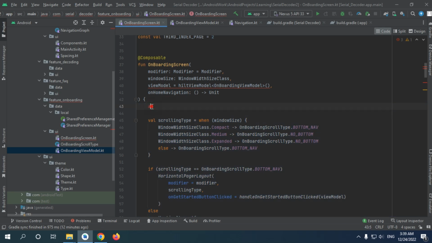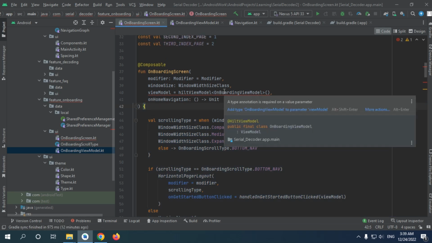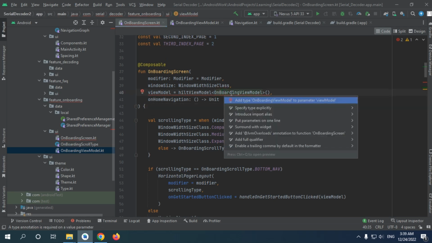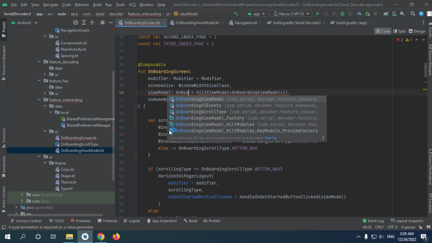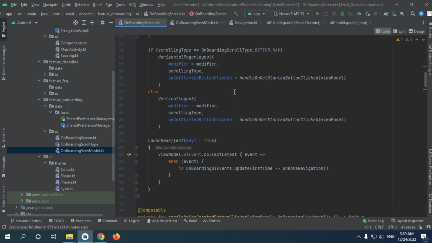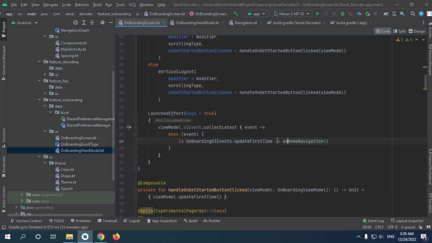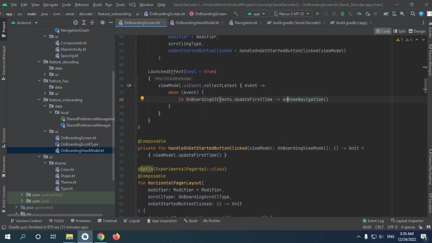Remove this val, and is required value. Let's suppose onboarding node. Now, when we press,